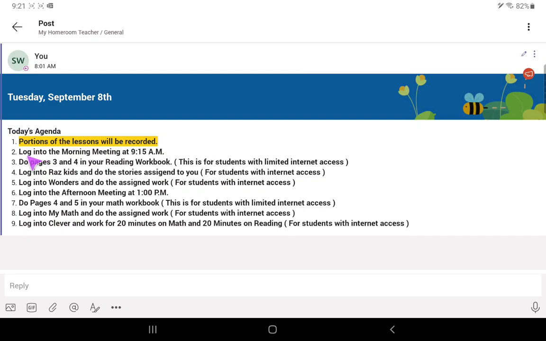Also, morning meeting, so important. That's when the teacher will be explaining what you have to do. So this particular child has to log into Raz Kids and do the stories. That's for students with internet access. The teachers are also telling them to log into Wonders and do the assigned work, and that's for students with internet access. For our students that have internet access, all of our textbooks are online in the elementary grades, K to 6,